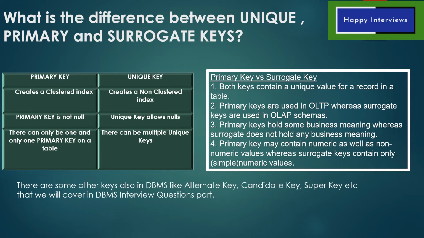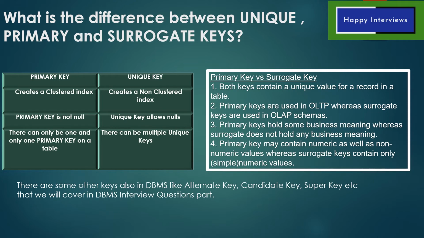So like if I say that when I save a record where I have student ID, student name, and student marks, so when it will be stored in the table, it will give it a surrogate key itself. By the database itself, it will give it a surrogate key. It doesn't have any business meaning. It will be just a random key, and which will help to manage the data and its retrieval. So in point 3 we are talking about the same. Primary key holds some business meaning. So primary key, what will be the primary key for that?